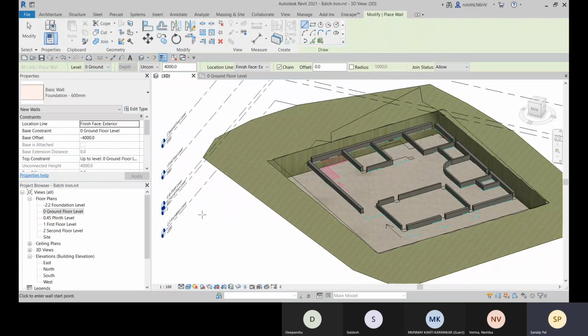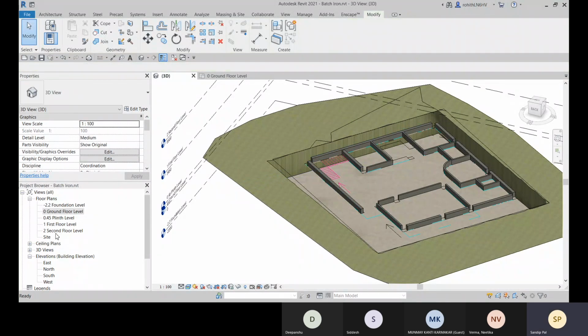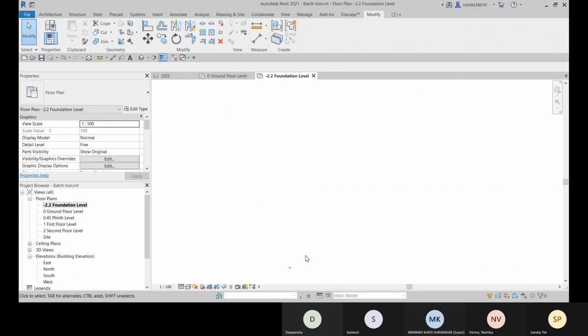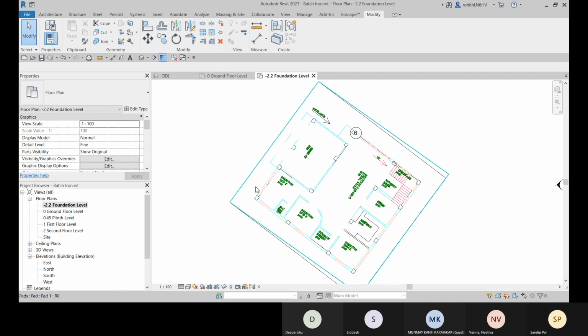Okay, so at the foundation level also I need to place this or see the CAD plan, right? So let me go to the foundation level. Already. Okay, so I haven't selected that while inserting, I haven't selected that to current view.